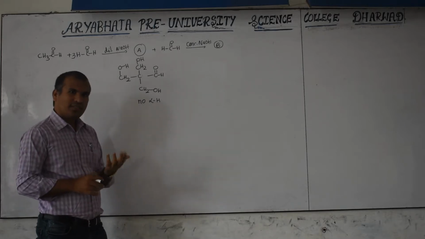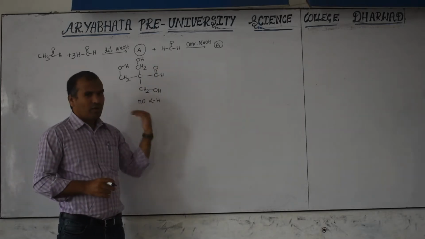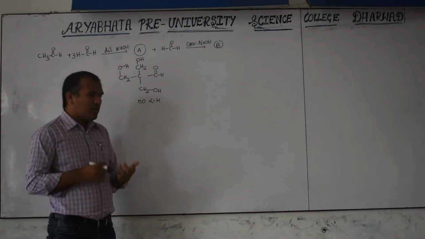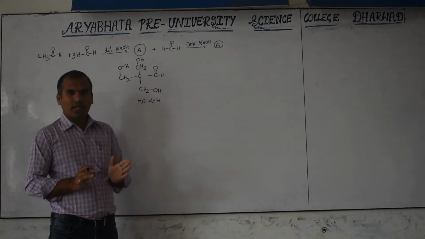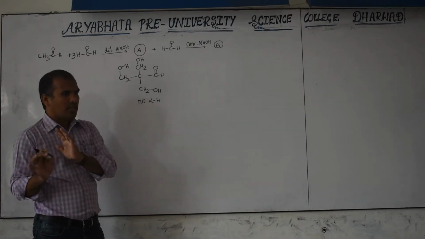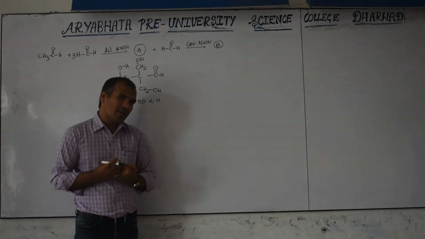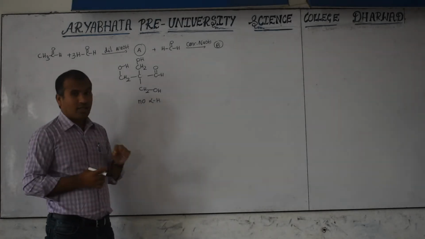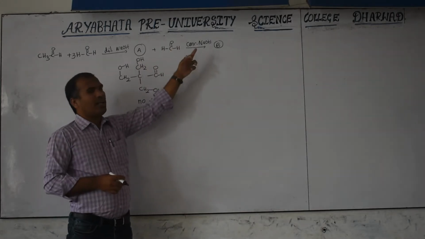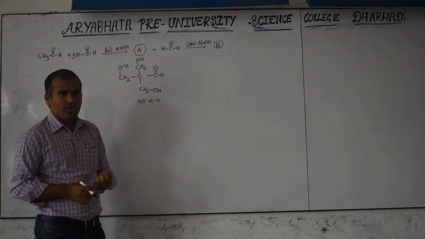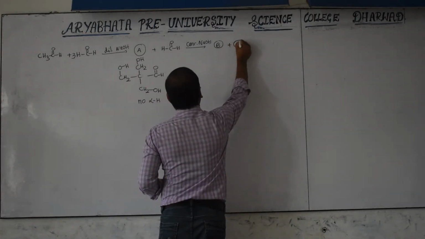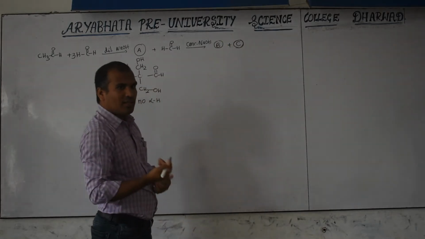Self means what? Same only. Here, are they the same or different? Different. Different means this is a cross Cannizzaro reaction. When a cross Cannizzaro reaction occurs, one is converted to alcohol and the other is converted to carboxylate. Now the question is which will convert into carboxylate and which into alcohol. Generally, I told you that formaldehyde easily donates the hydride. So the hydride donor will convert into carboxylate. Here B plus C is also given, because we will get two products: one is alcohol, another is carboxylate.